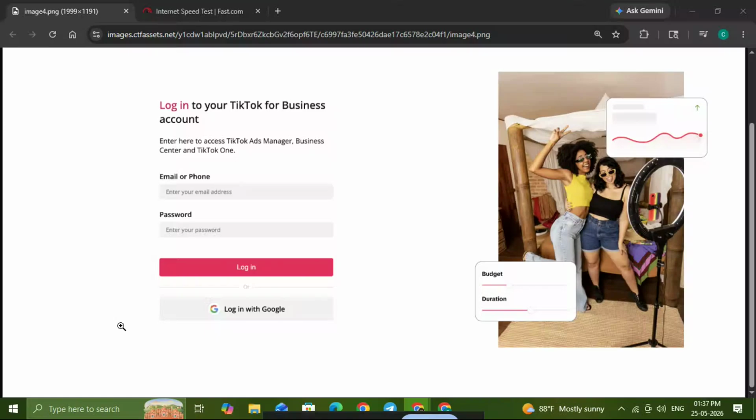If TikTok is showing a blank page in Google Chrome, don't worry, this is usually a browser issue, and in this video I'll walk you through the exact steps to fix it quickly. We'll go from the simplest fixes to the more effective ones, so you can get TikTok loading properly again without